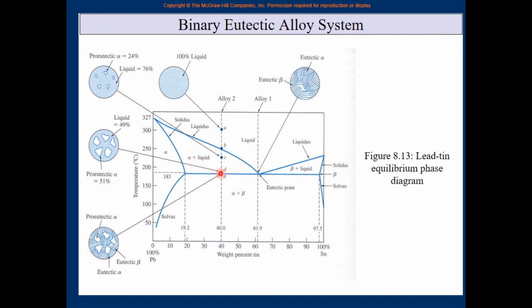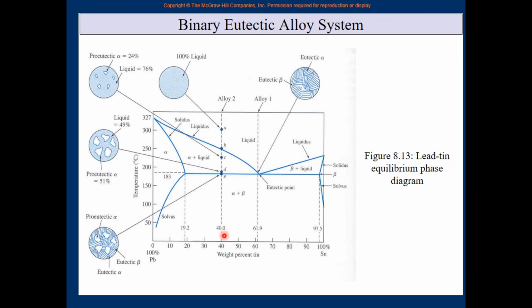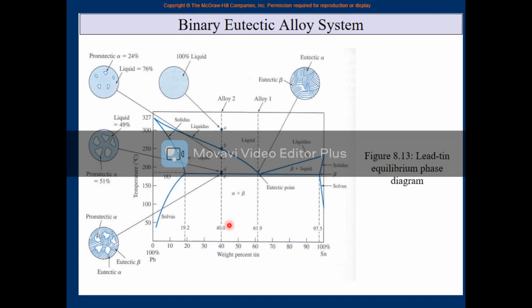And finally, when we touch point E, whatever liquid was remaining, 5% or 10%, changes into alpha plus beta. After that, when we keep reducing the temperature, nothing changes. Whatever had changed into alpha is still there, whatever changed into alpha plus beta is still there, and that composition remains. So this is it. So remember,